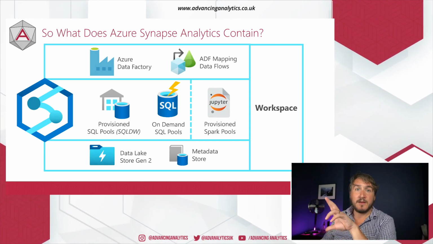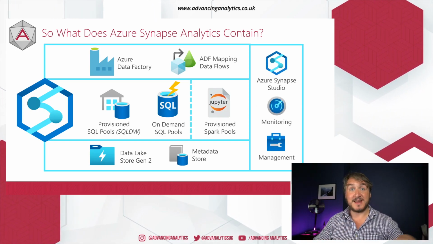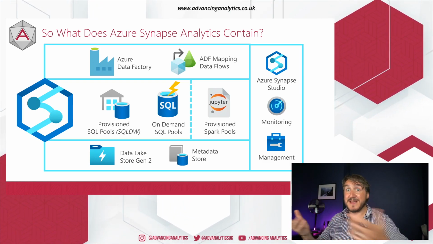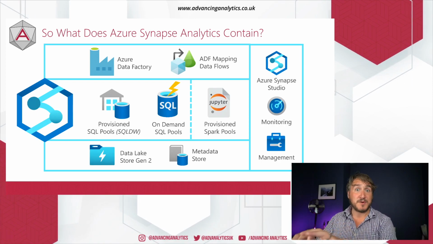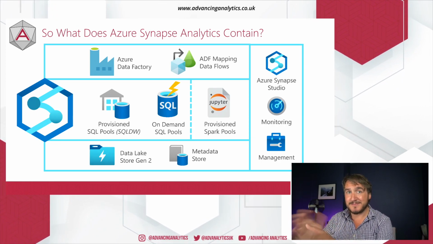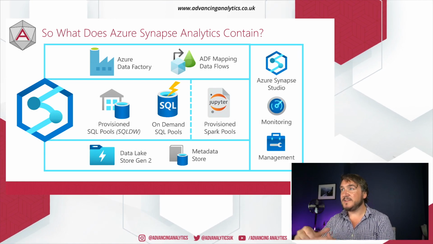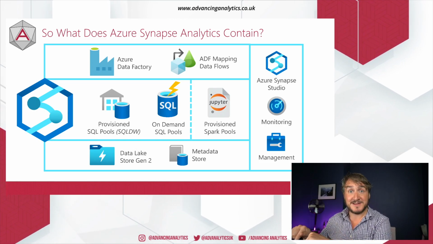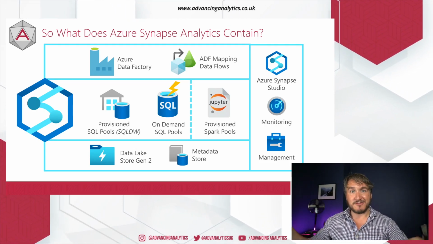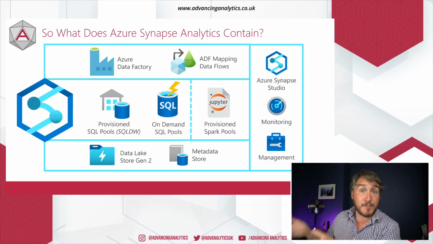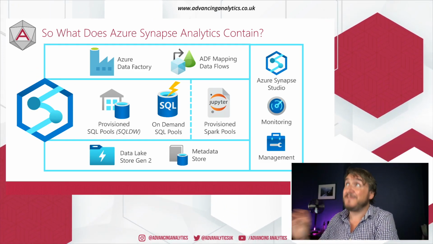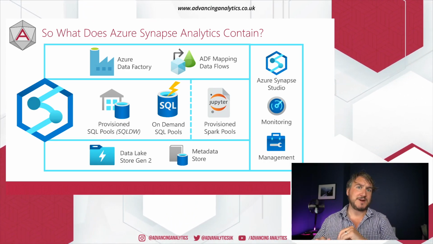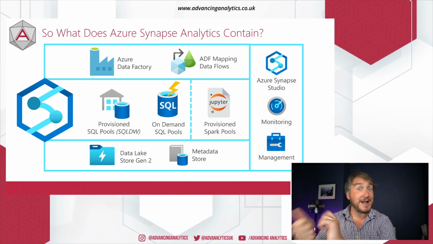Awesome. The workspace elements, so there's less kind of core bits here, more just what you get in the box that wraps all this stuff. You've got the studio. So there's a new dev environment. There's a whole place I can go to write notebooks with IntelliSense and write SQL scripts and hook them together and manage all my code base. I can use linked services from ADF, and just say, well, here's all the things that Synapse is linked to, and use that elsewhere. So it's kind of, again, just this one big wrapper around it with a bow on top. I've got monitoring, which, again, if you're from Data Factory land, will be very familiar to you. But it is a one-stop monitoring plane. And I've got a management place where I can go and tinker and say, well, this is the size of my Spark pool, how many Spark pools.